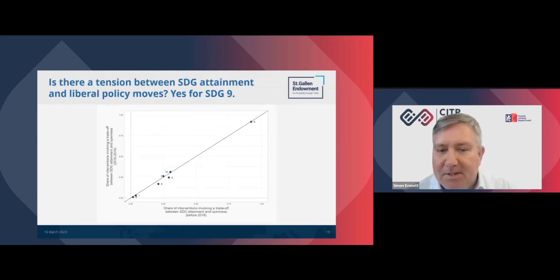The second is, did we see a tension between attaining SDGs and liberal commercial policy? And here the SDGs break up into 3 groups. I've already talked about SDG 9. SDG 9 is full of indicators which increase literally when the short-run profitability of a sector increases or when employment increases. And these are all things which would plausibly be improved if governments were to start raising trade barriers or offering subsidies. So in that particular case, SDG 9, with the small open economy model that we have, the textbook model that we chose, I'm afraid to say there it appears to be quite a serious tension between openness